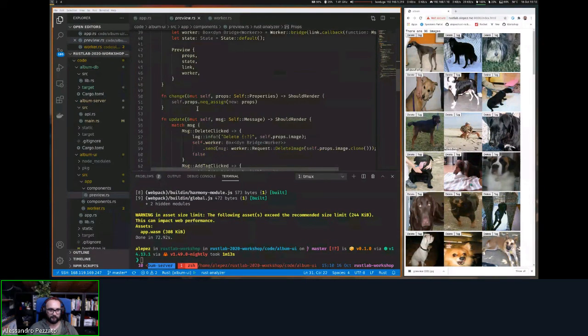The change function is called when properties change. So the component isn't recreated, for example, when the parent component changes the properties passed to this component, but only if